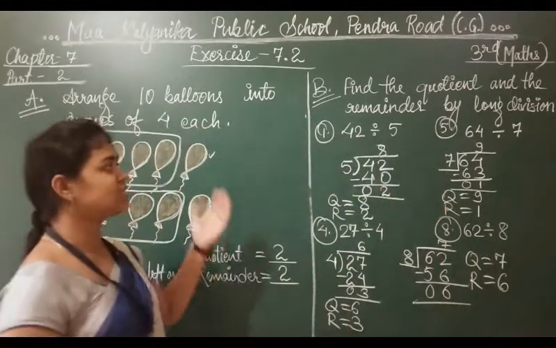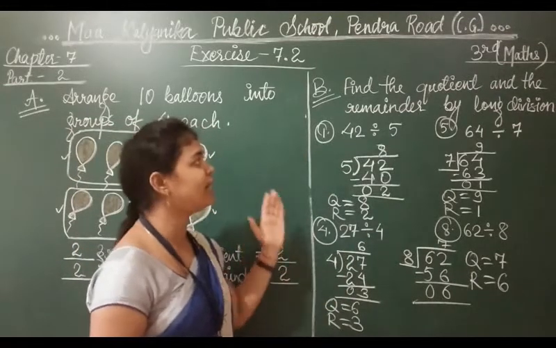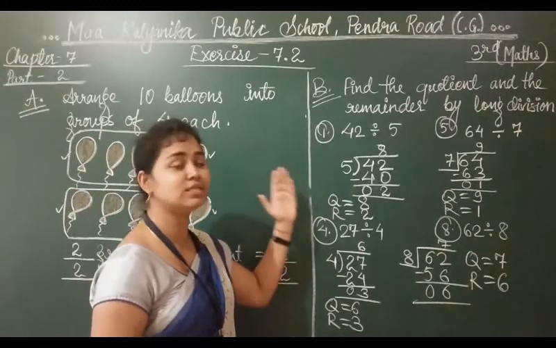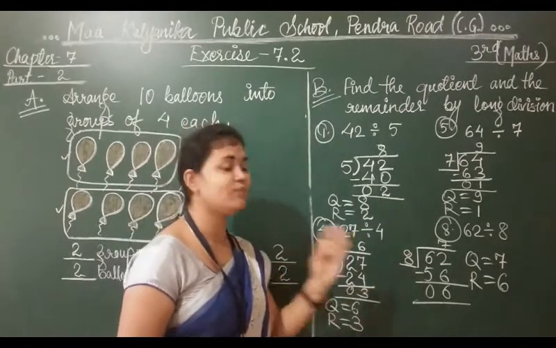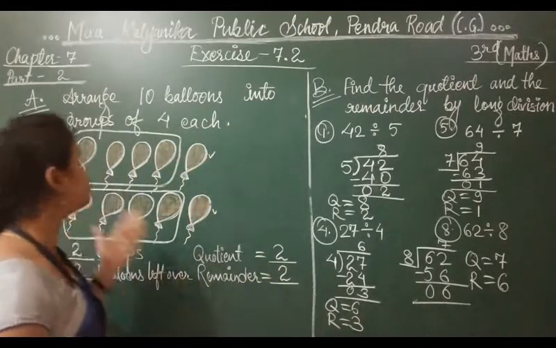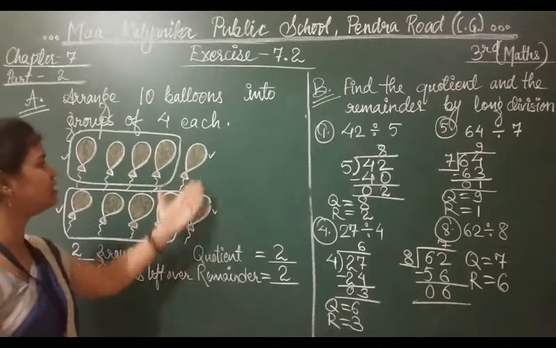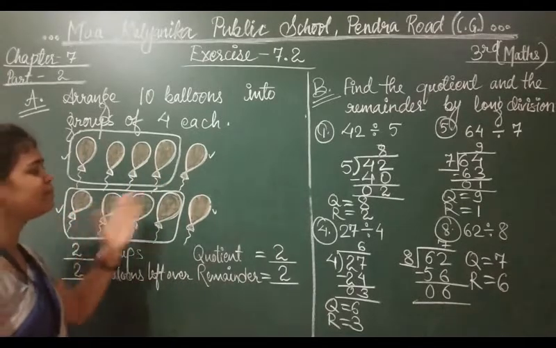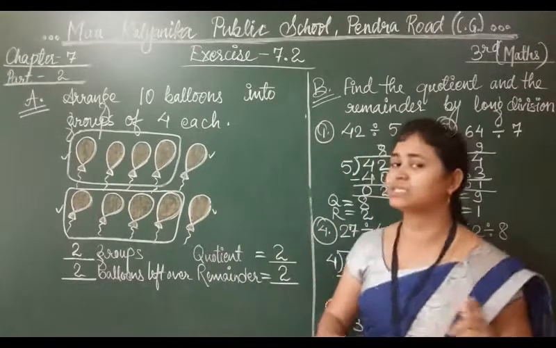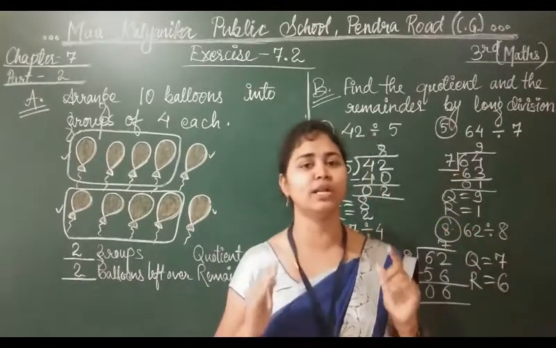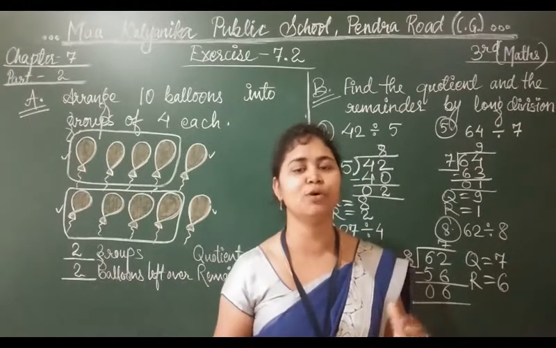So students, I hope you have understood how to find the quotient and remainder by this long division method. So questions 1, 4, 5 and 8, 4 questions I have solved for you, and here is the complete answer. What is division? I think you have understood that through the balloon diagram and some more tricks which I had told you. So students, in this way you can study exercise 7.2, write it in your notebook and solve it in your notebook by watching this video.